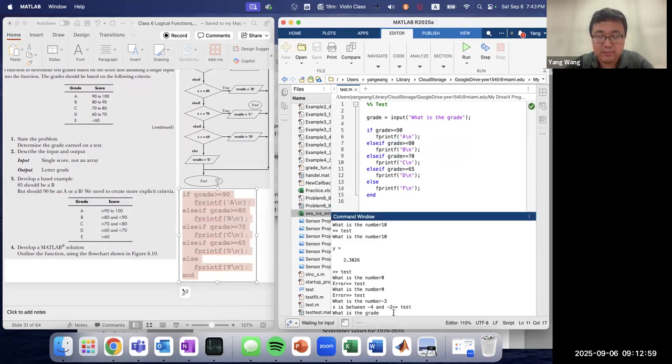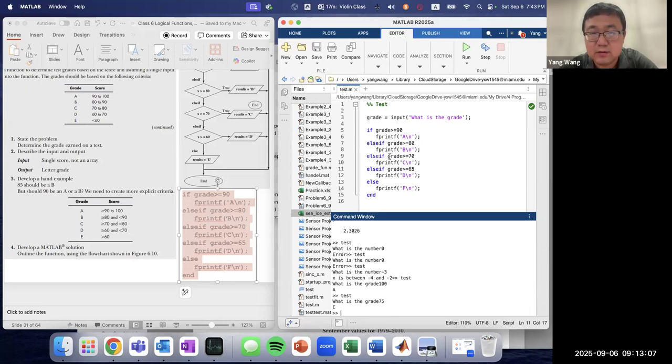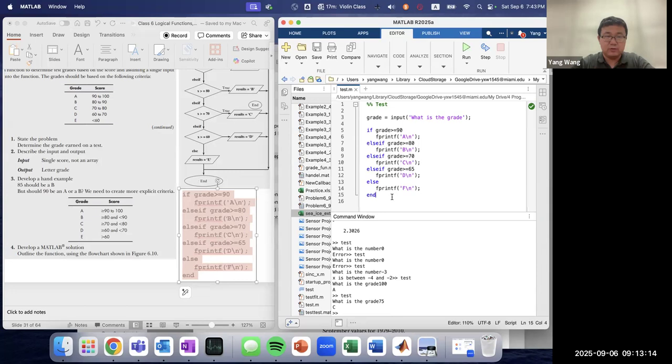Okay, so we can type in, let's say, 100. It's A, right? What is a grade? 75, right? It's a C. So basically, it's using the if and else if conditions to go through the different